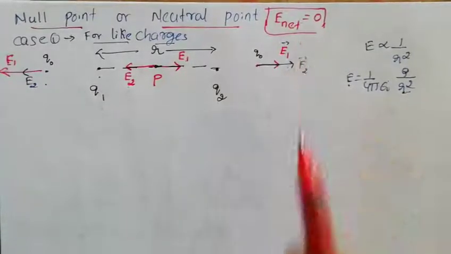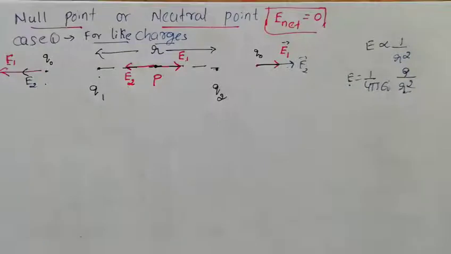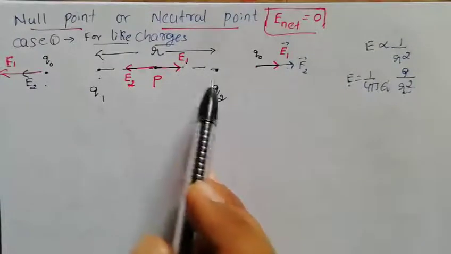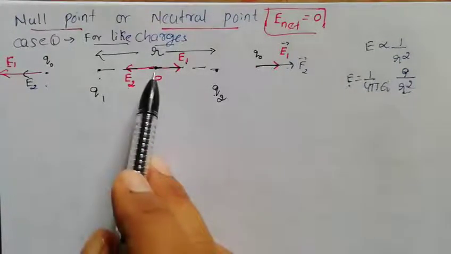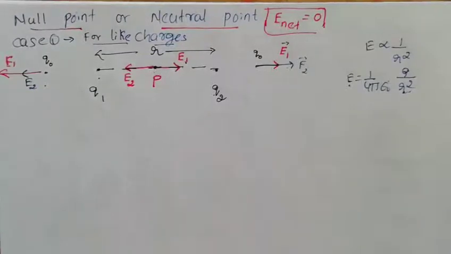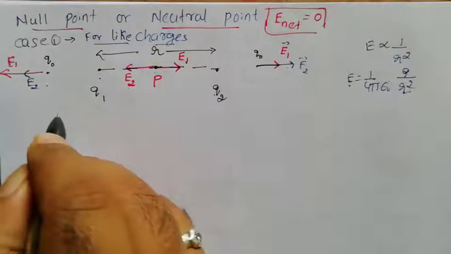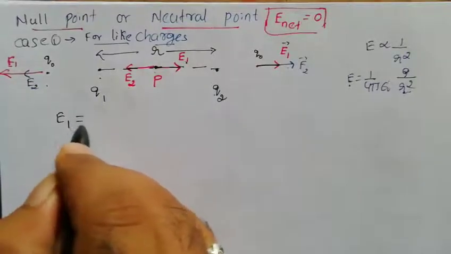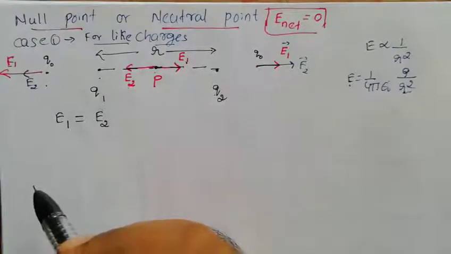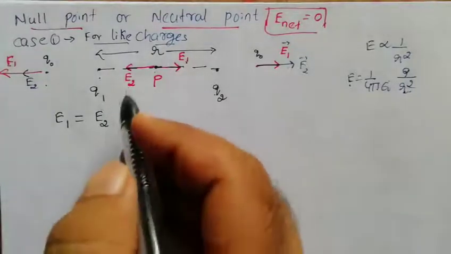So let us look at that point now. The total electric field must be equal to what now? 0. Means the electric field here due to this charge at this point must be equal and opposite. Yes, and so directly I can take the magnitude values. So I can write directly here E1 must be equal to E2 at somewhere here. Yes or no? So let us take some distances now.